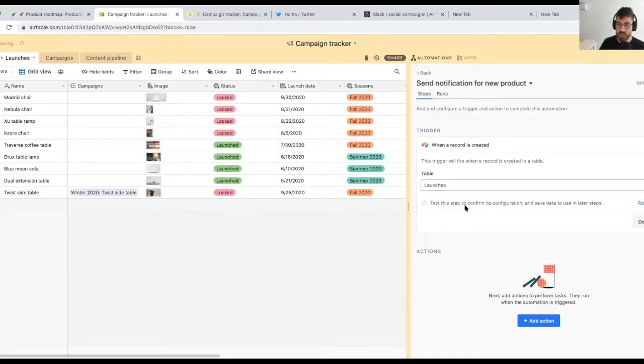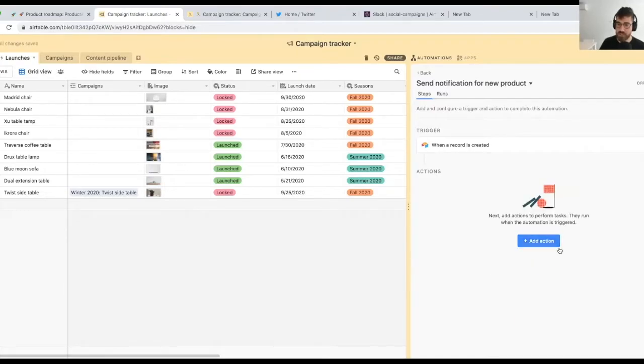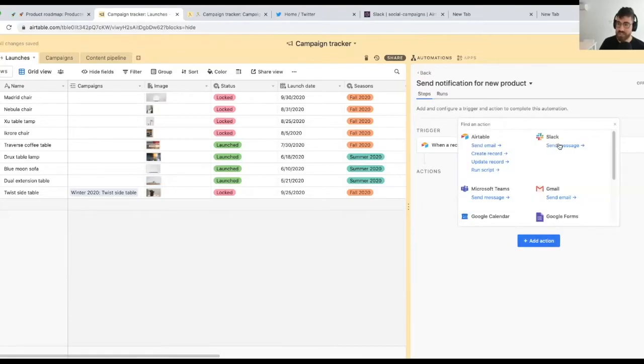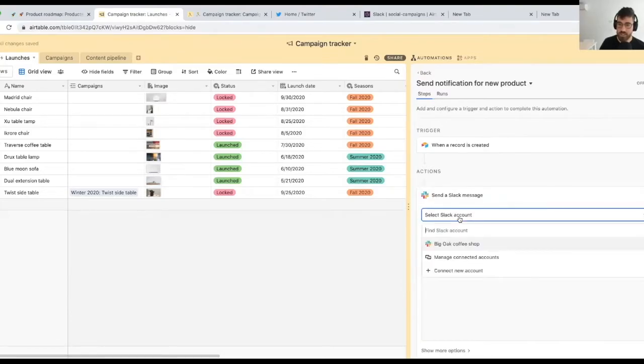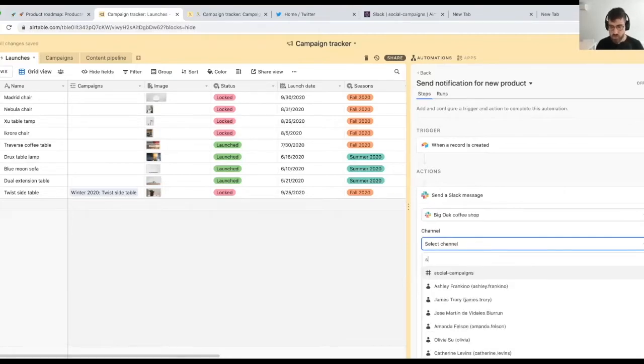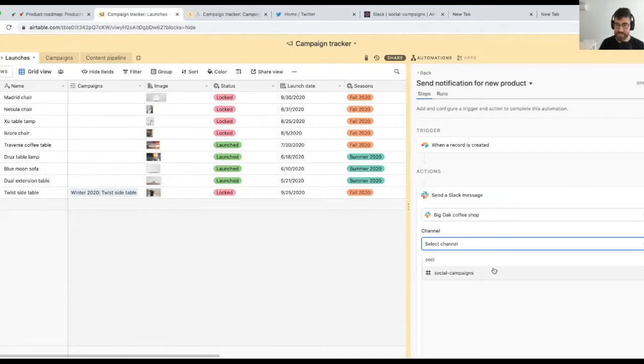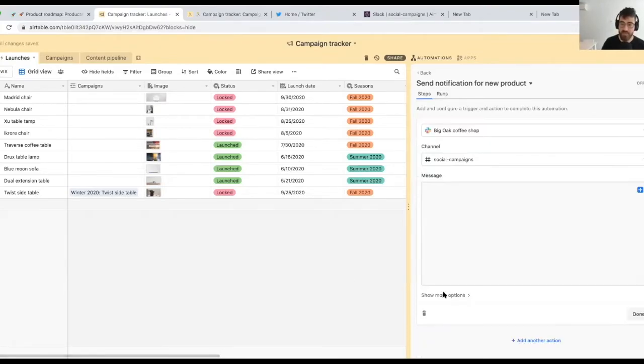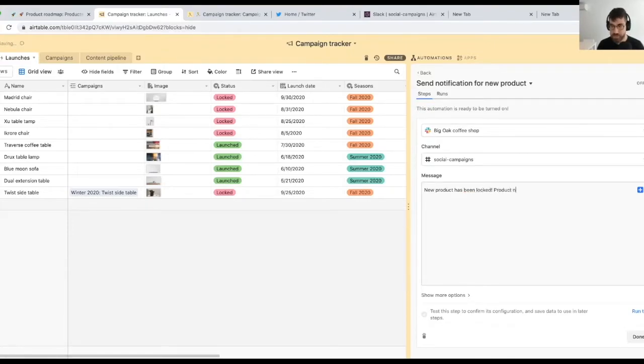So we're going to select the launches table. Let's click done. Add an action. We're going to send a Slack message. I can select a Slack account. Let's say I don't have a connected one. This one should work. And then let's go social campaigns. That's the channel I want to send to. And then you have complete control over what you want that message to say. So let's say, new product has been locked. Product name is,